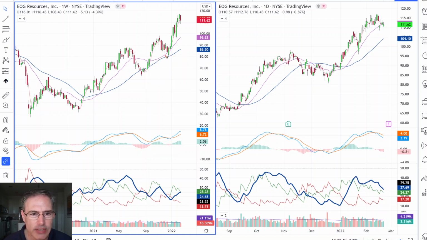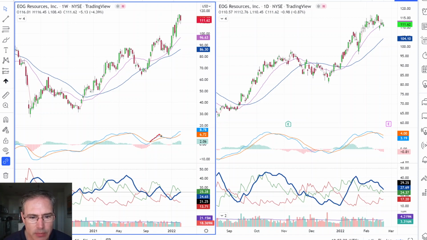And I also want to see the 18 above the 40. So ideally in a pullback pattern, that's what I'm looking for. Now, there are some exceptions to that, that if you know my pinch play pattern off MACD, you don't necessarily have to have all that criteria in place. But when I'm looking for a pure pullback, I want to see price making a higher high. I want to see the moving averages confirming with a rising 18 above a rising 40. And then what I like to see is